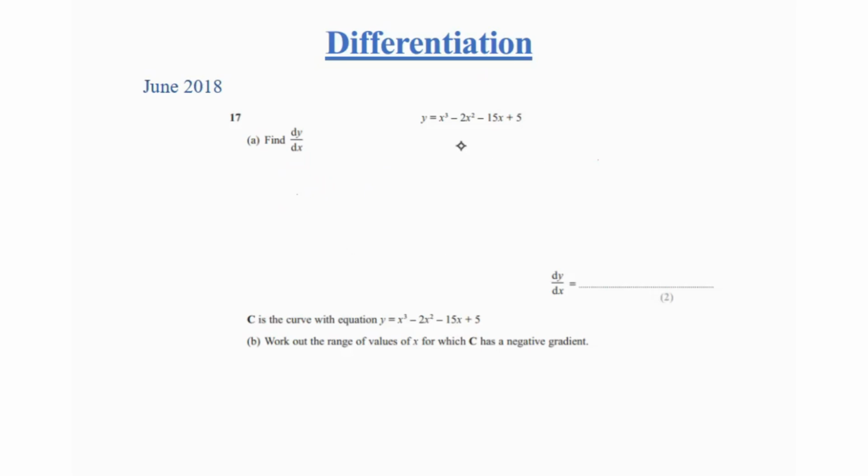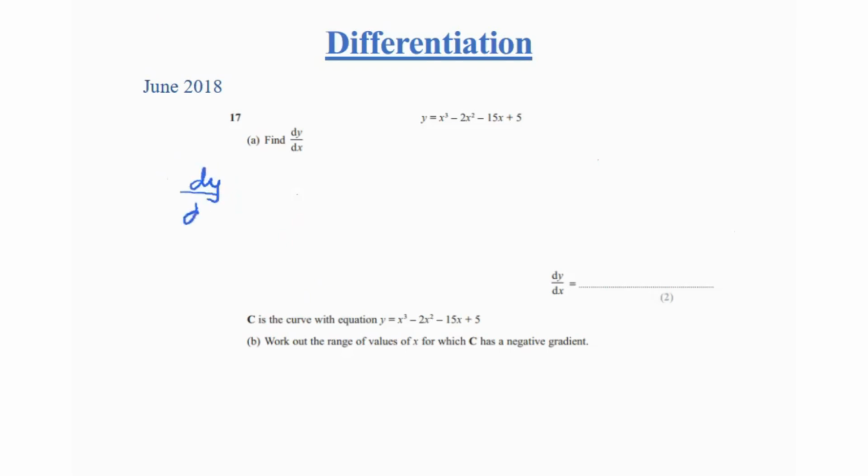So first question says that y equals x cubed minus 2x squared minus 15x plus 5. Find dy by dx. So first we're going to do this simple basic differentiation where we bring the power down, subtract 1 from the power, and then repeat the same steps for each of the terms. And remember that the derivative of a constant will always be 0. So keeping that in mind,